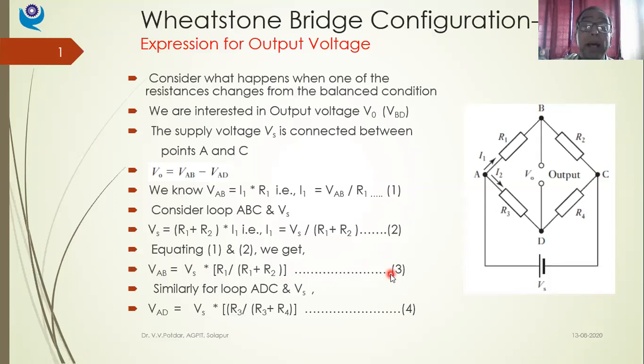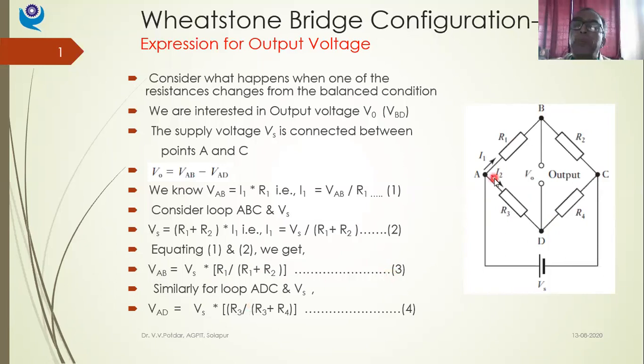What are we interested in? We are interested in V0. V0 is VAB minus VAD. Out of VAB minus VAD, we have found VAB. VAB is Vs into R1 upon R1 plus R2, my equation number 3. Now,